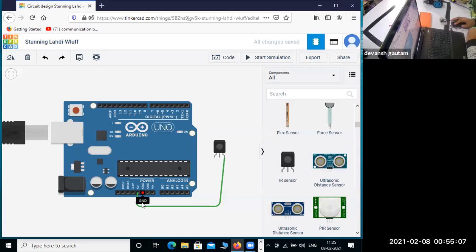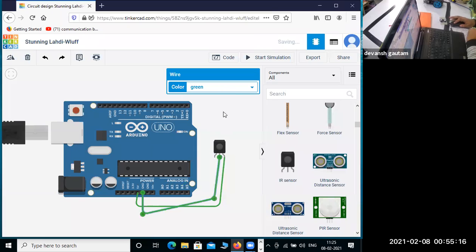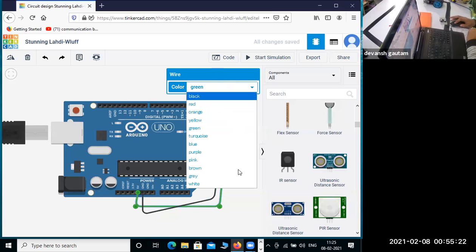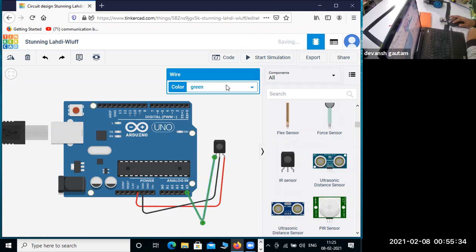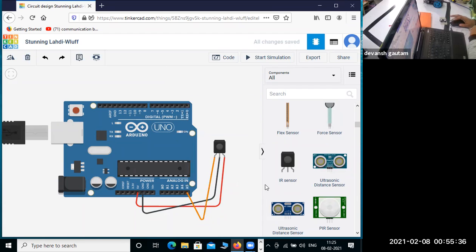And we have a ground, so I'm connecting the ground. You will see that according to the pin, it's saying ground. Let me change its color to black, and I will change this with red. And I will connect A5 with it. Let me make it orange, since in the color code orange is known for signal. So these are the power it will run on, and this pin will be provided to us as an output.